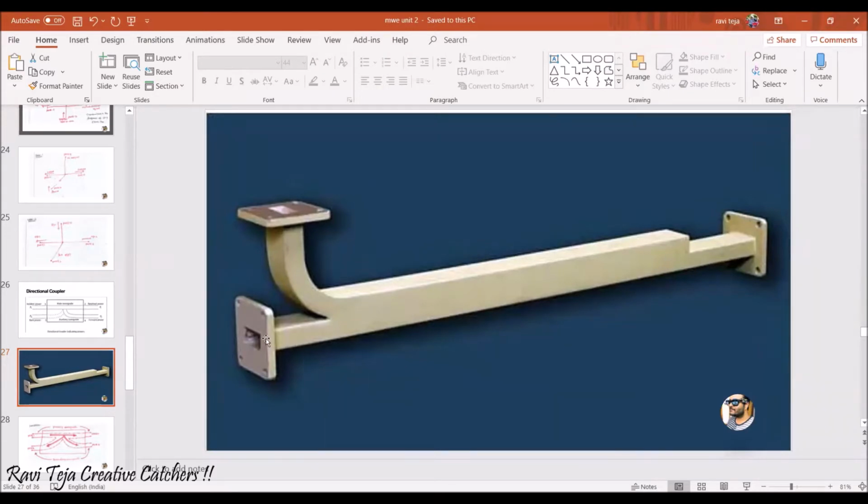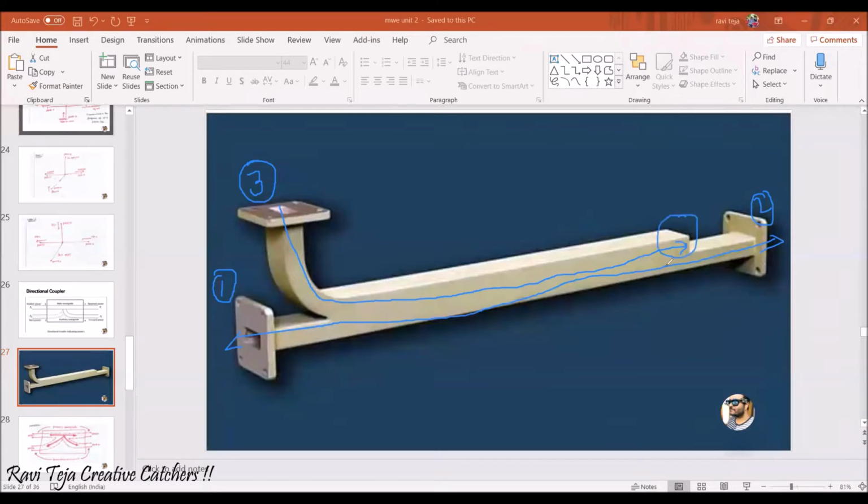If you see here, it's a metallic tube which has a huge length. It looks like a rod. We have 4 ports for this particular one. Let us say this is port 1, this will be our port 2, and this is our port 3. These are just assumptions. And the other end of the pipe goes to this end. This is our port 4.